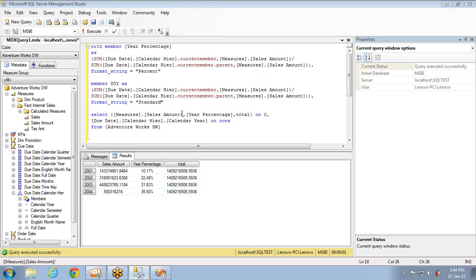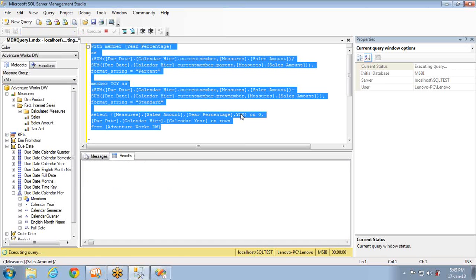Now let's see how to make the changes. The requirement is year on year. So what is the first one? This one will return my current year sales, right? This is going to return my current year sales. So the first one is fine. And then it should be subtract. It should be minus. And what is the second requirement? It is previous year sales. How can I get the previous year sales? Using prev member, I can get the previous year sales, right? Let's see whether this one works or not. If I execute this